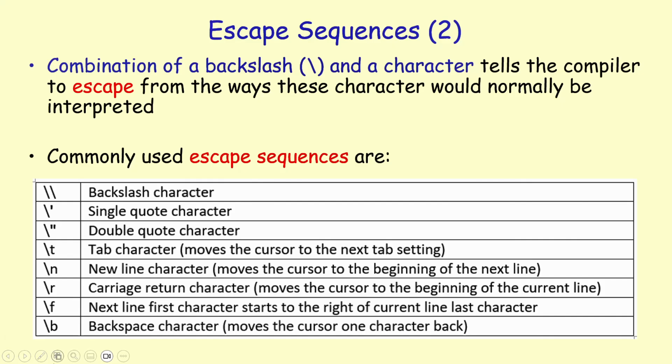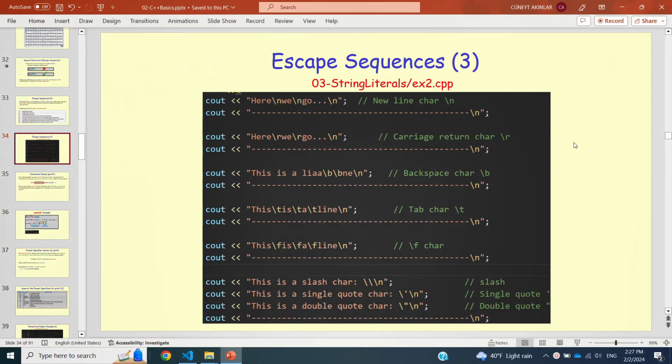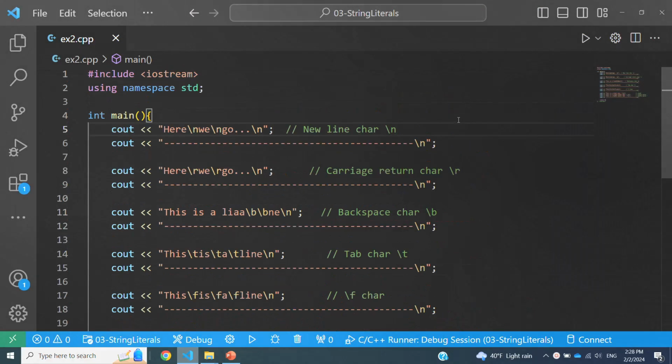And these are the other backslash escape sequences that you will see in almost all programming languages. Here's an example where I make use of all of these special escape sequence characters and print them on the screen. This is example 2 under string literals, and that's this file. I'm just creating strings that contain these escape sequences, and I'm going to go step by step so that you see how they are printed. So I'm going to put the breakpoint in here, and say debug.